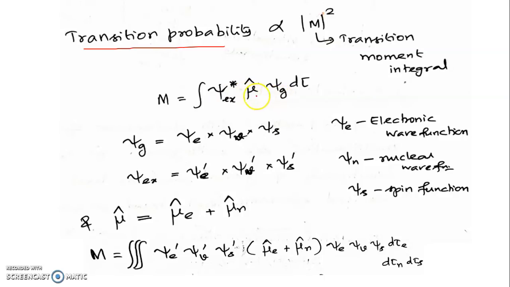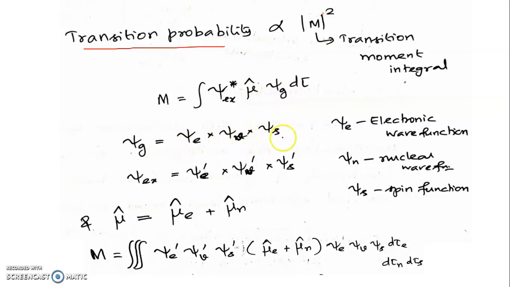Listen, why are we taking the dipole operator? When an electronic transition occurs, the electron cloud moves to some place in the molecule, which makes the molecule get charge separation. So the excitation of an electron creates a dipole in the molecule. That's why we are using the dipole operator here. Are you able to understand? Then the ground state wave function.